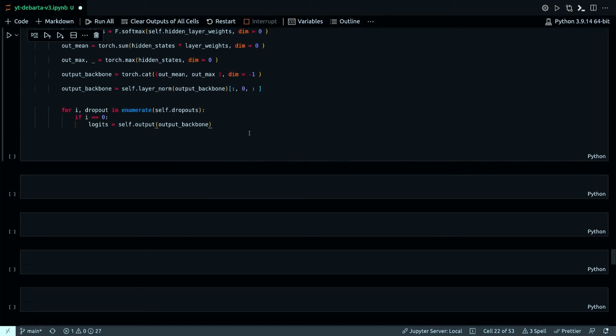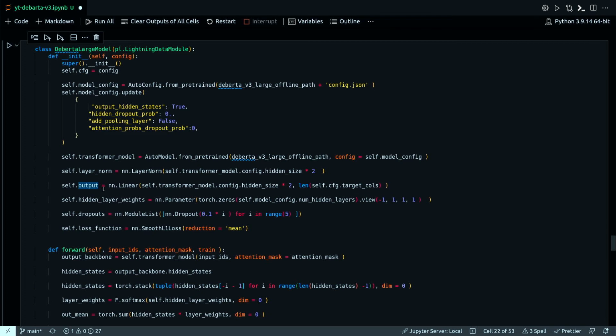Output backbone. Remember what was our output? That was a linear layer.